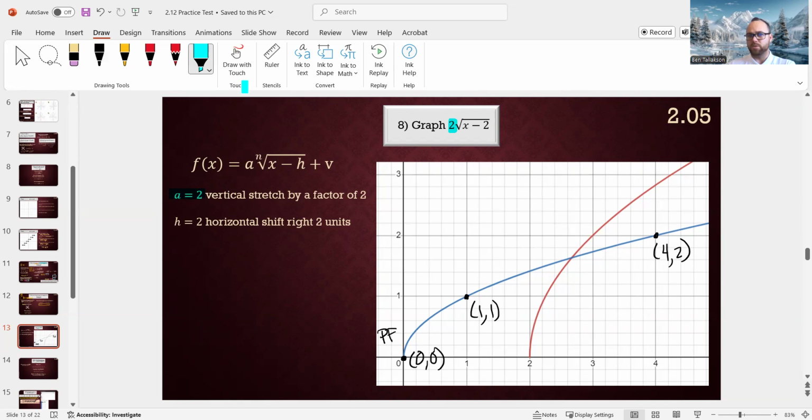The y values, right? Because y represents vertical movement, okay? And by what? By a factor of 2. What does a factor mean? Well, that means you're multiplying by 2. So we're going to take every y value and multiply by 2